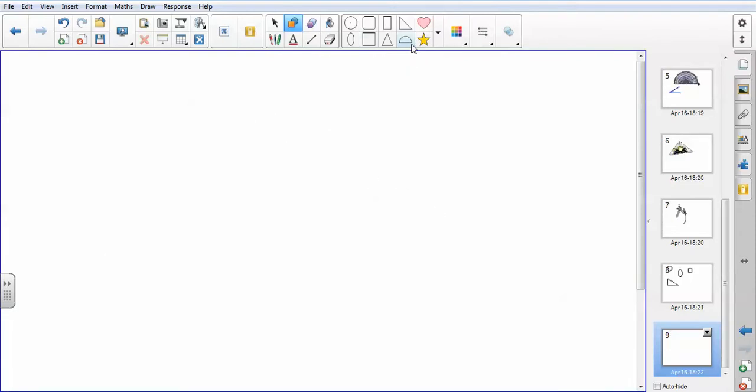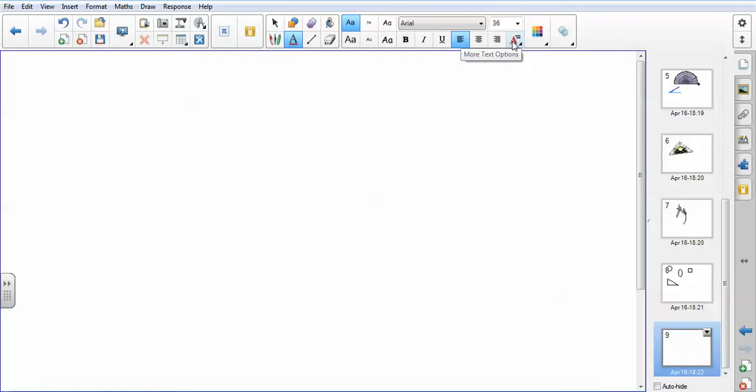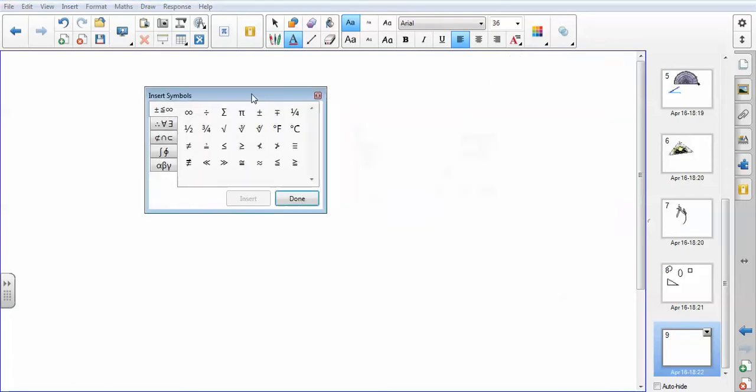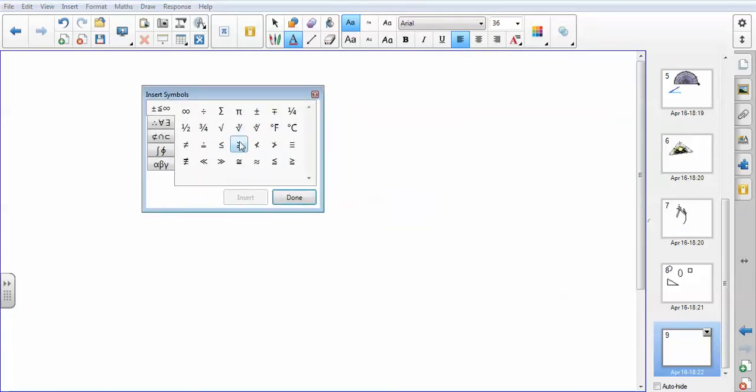And the last thing that's available that's useful for maths teachers is in the text menu. And I've got various math symbols. So if I click on the more text options, the one that's the most useful is this one here. So if I click on the square root symbol, I've got various math symbols that I can use. So if I click on them and then insert,